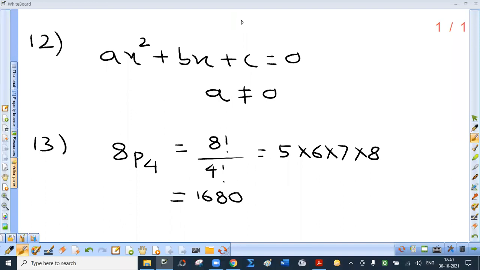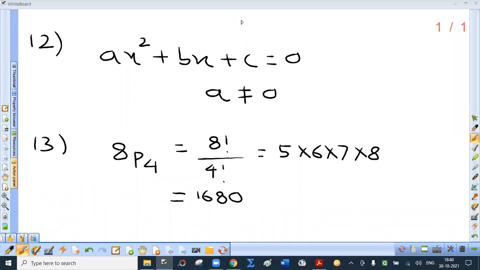Remaining 4 digits. Why 4 digits? Because 6-digit telephone number. Remaining 4 digits can be arranged